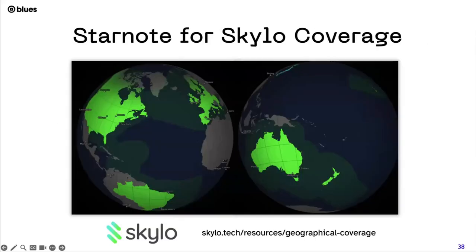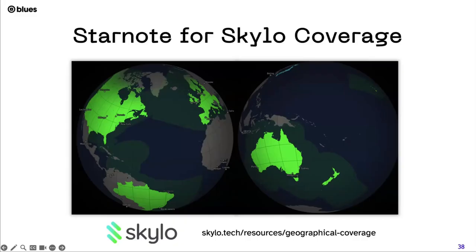Now, lastly, coverage is always a big deal, of course. So Skylo publishes a full coverage map at skylo.tech. If I can quickly summarize, you're going to get full coverage literally anywhere in the US, Canada, the Caribbean, was it Brazil, Europe, Australia, New Zealand. I think I hit them all. Large chunks of blue ocean as well. Coverage in Japan is coming soon as well from Skylo, but you'll have to check the Skylo coverage map just